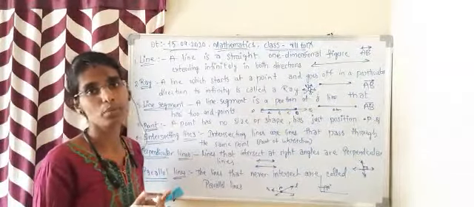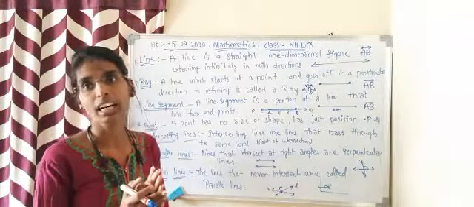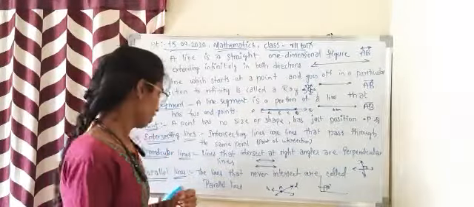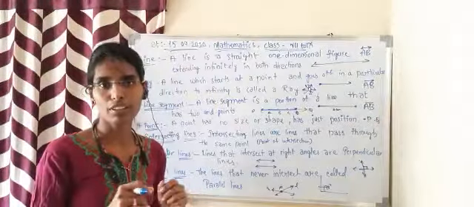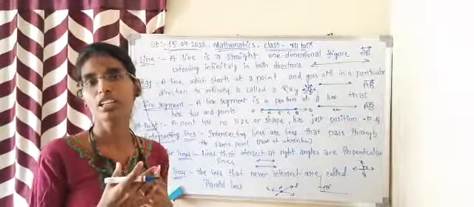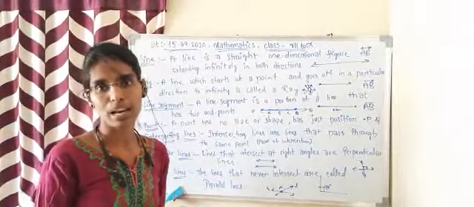Perpendicular lines are lines where two lines meet by making right angles. Then parallel lines are lines which never meet each other and go on in the same way without meeting to infinity.